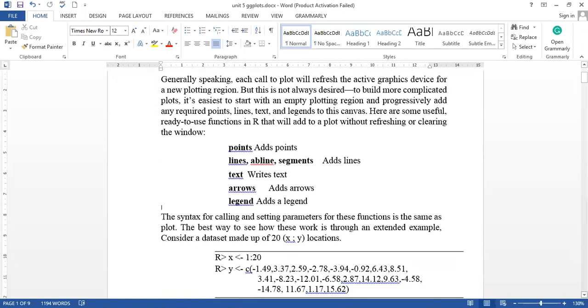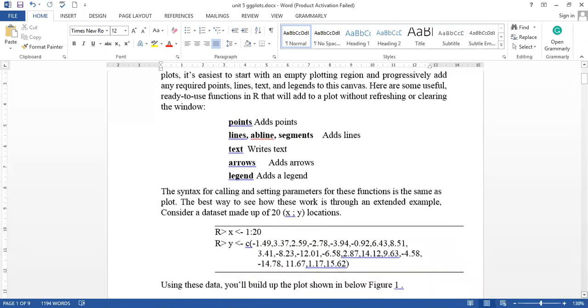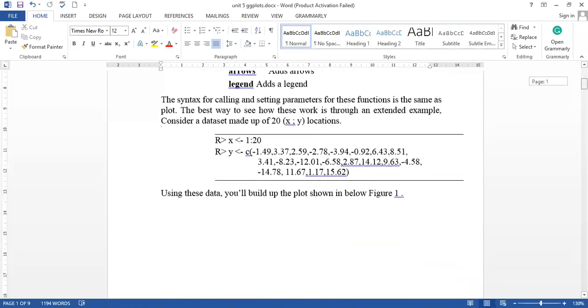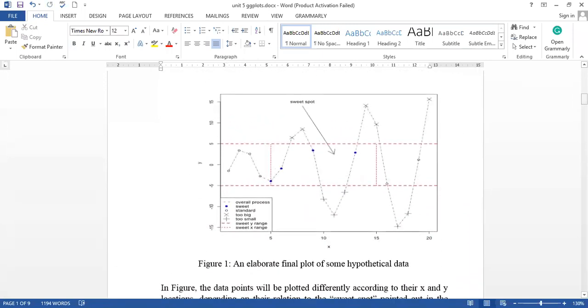So in today's lecture, we will cover one graph. That graph looks like this. If you look at this graph, you will find there are lots of things in it. You can see different points drawn with different identification symbols: some stars, some default points, some solid shapes, some plus signs, and some boundary regions.